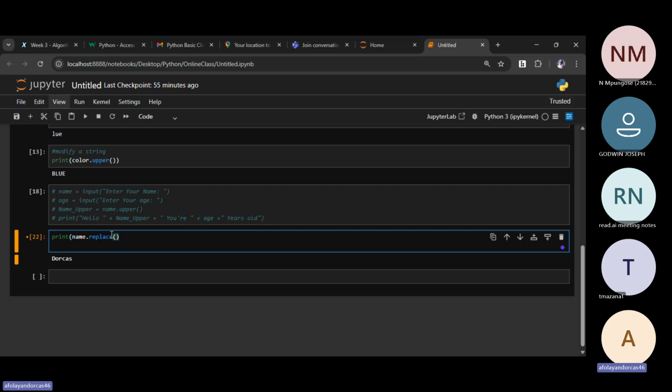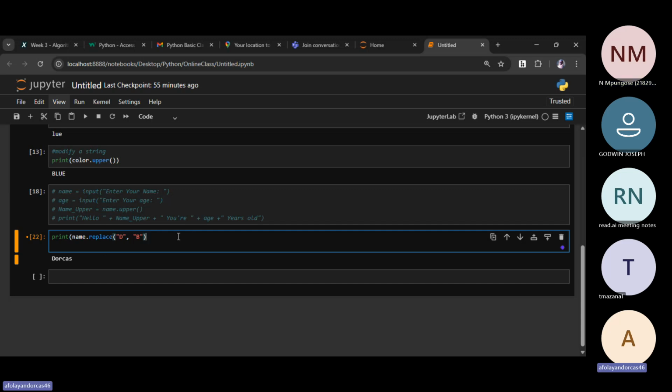It takes two values: the alphabet you want to replace, in this case the letter D, and then what you want to change it to. This is actually what is happening under the hood.